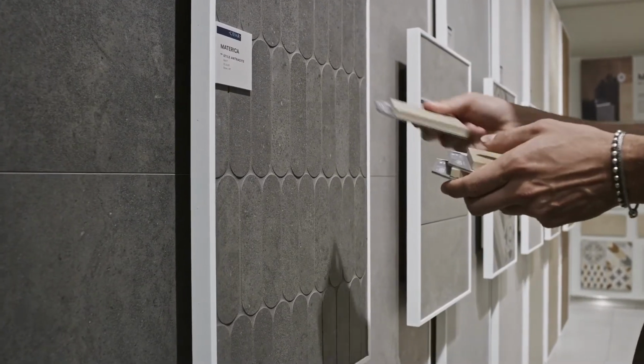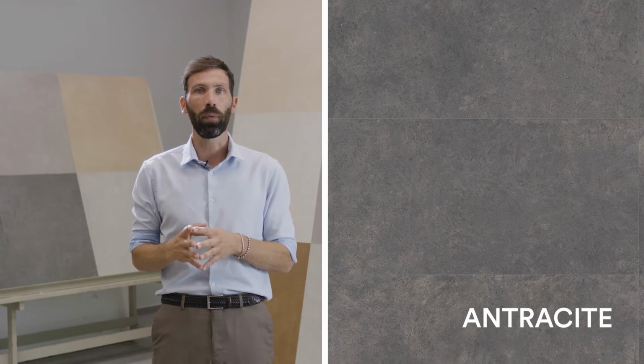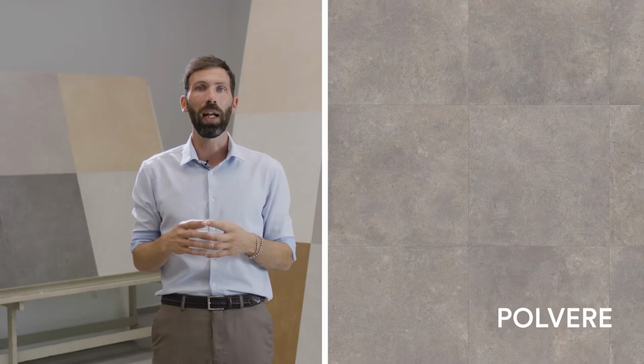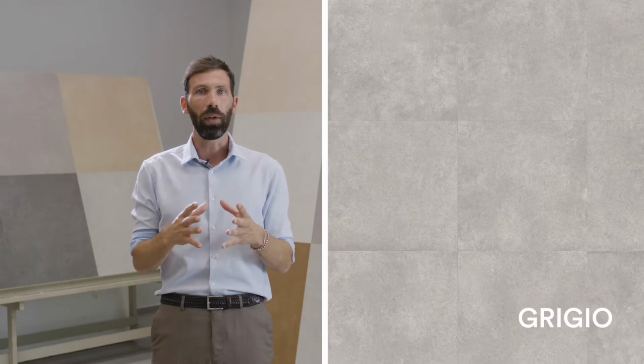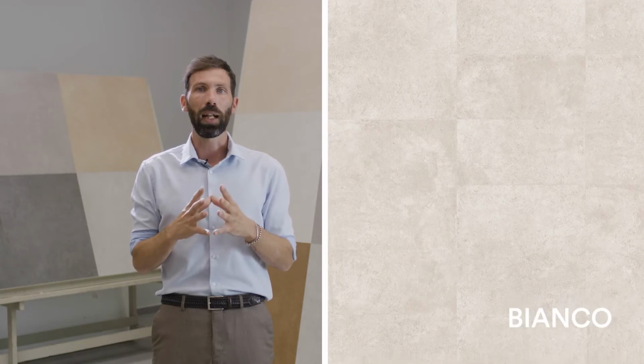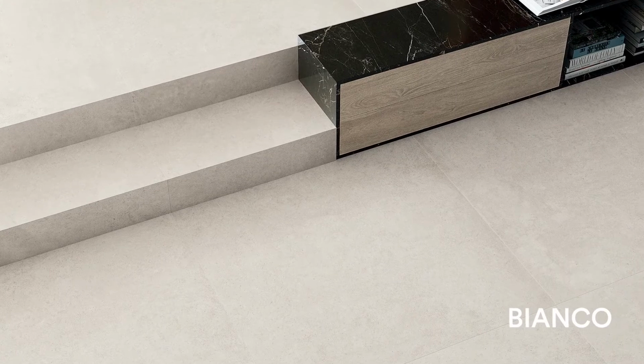The range is composed of 7 colors. Let's discover them all. Starting from those that are closer to a contemporary flavor, we start from Antracite, an intense and deep dark shade, then there's Polvere with its softer and welcoming shade, and then Grigio, bright and cold, close to shades of concrete. At the center of the chromatic scale, there's Bianco, pale and bold, that can be matched